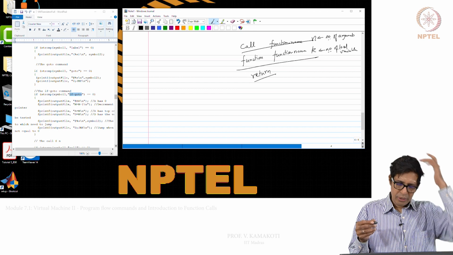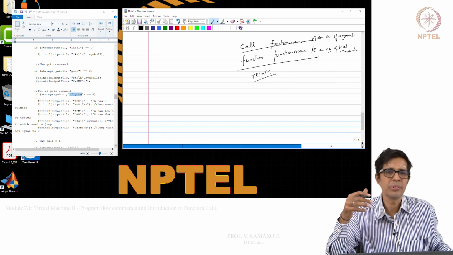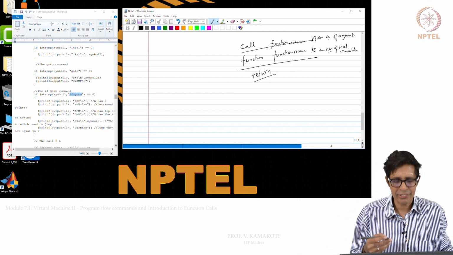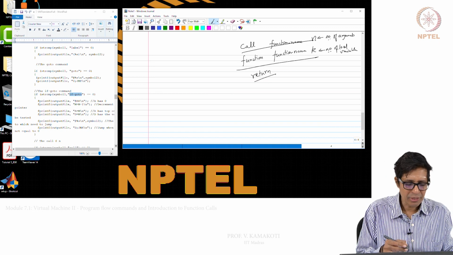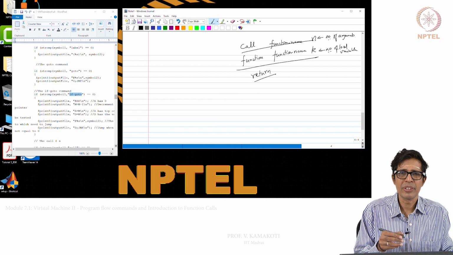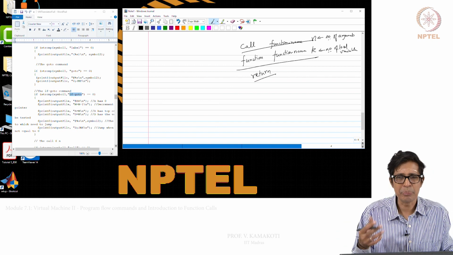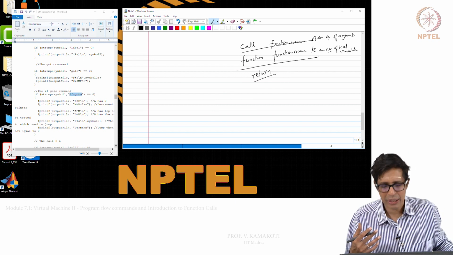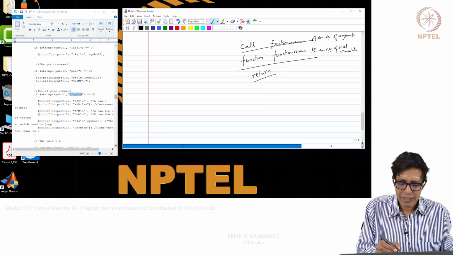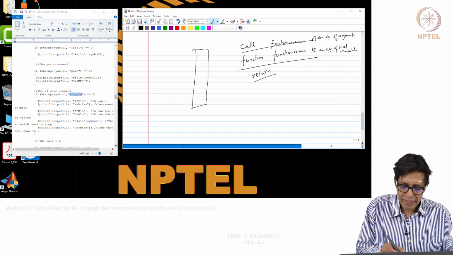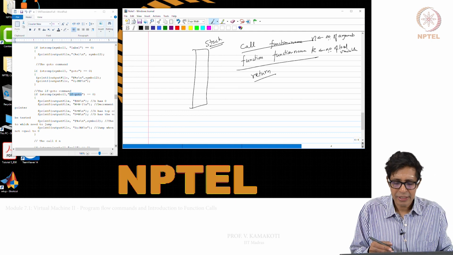Okay. Now to understand and appreciate how this call, function and return works, it is very important that we also understand how programming languages handle function calls. So we will now take an example of how function calls are handled in C. The same thing holds for many, or almost all, programming languages. The programming language actually uses something called the stack. The system has a stack, right.